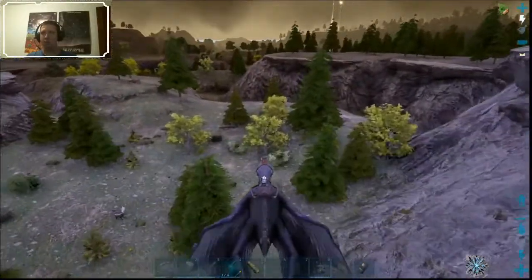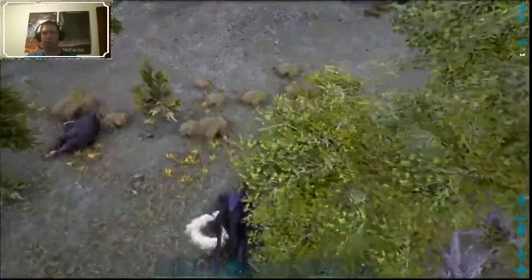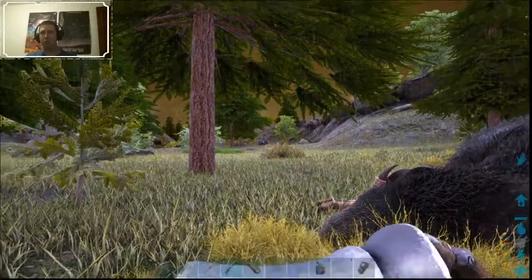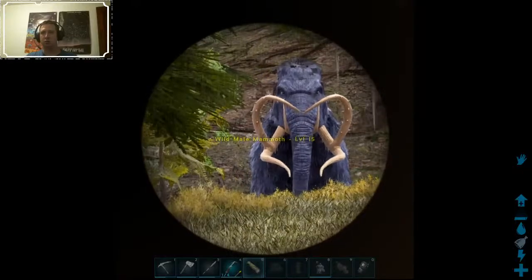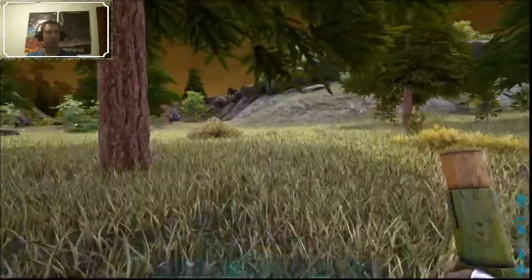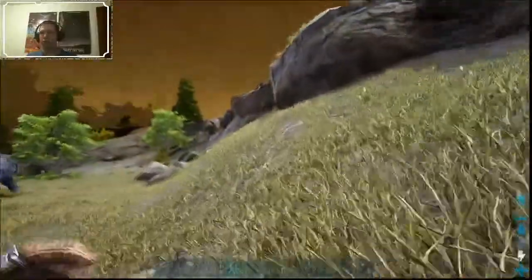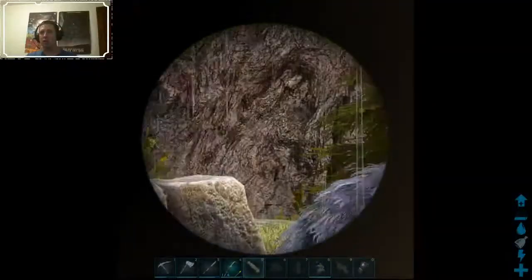Where's my guy? Right down here, right? Yep, there he is. Oh, there's that blue mammoth down there. It's only level 15. Nothing too exciting. I really like Death Valley, though. I feel like that would be the perfect place for a taming pen of some sort. Find an area where you can just drop them down into it and...